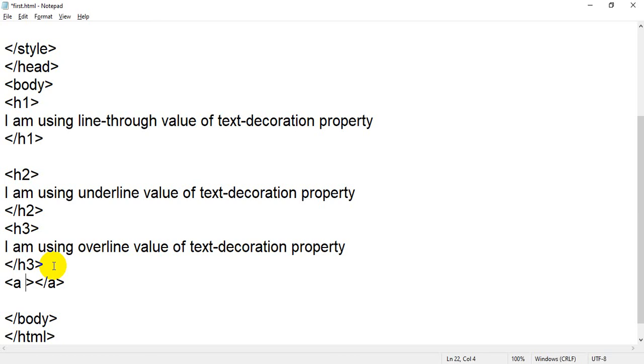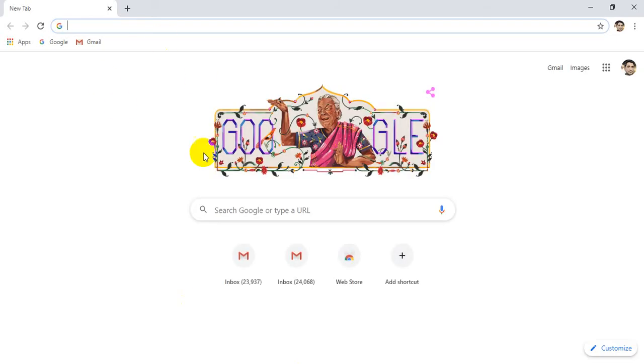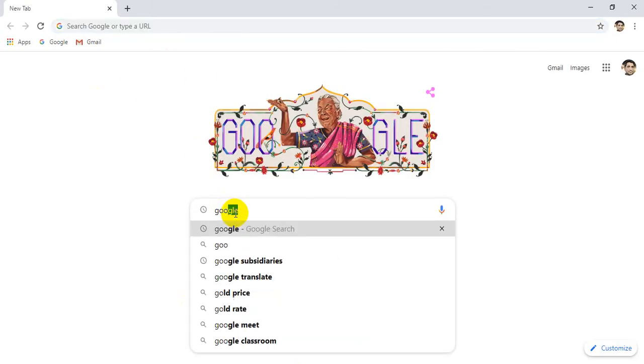So we have an attribute called href, that is hypertext reference, equals to, meaning which page you want to open. So inside double inverted commas we have to write the URL of the page which you want to open. I want to open the Google page, so I will simply go and type Google.